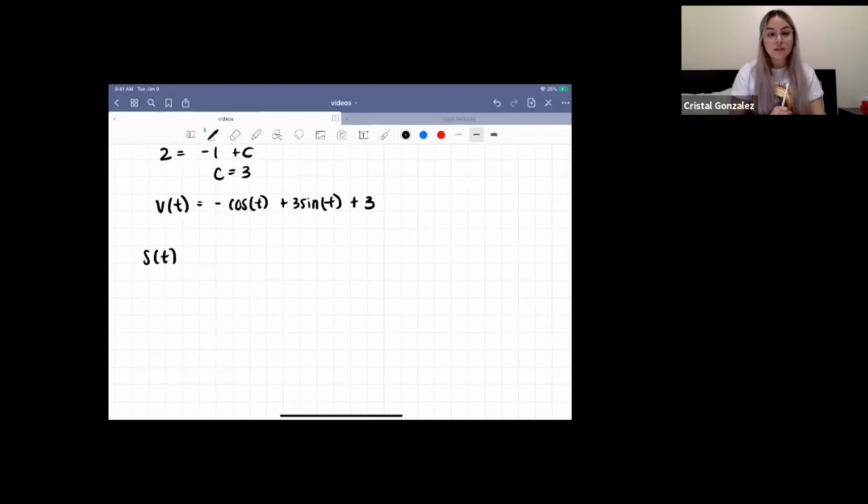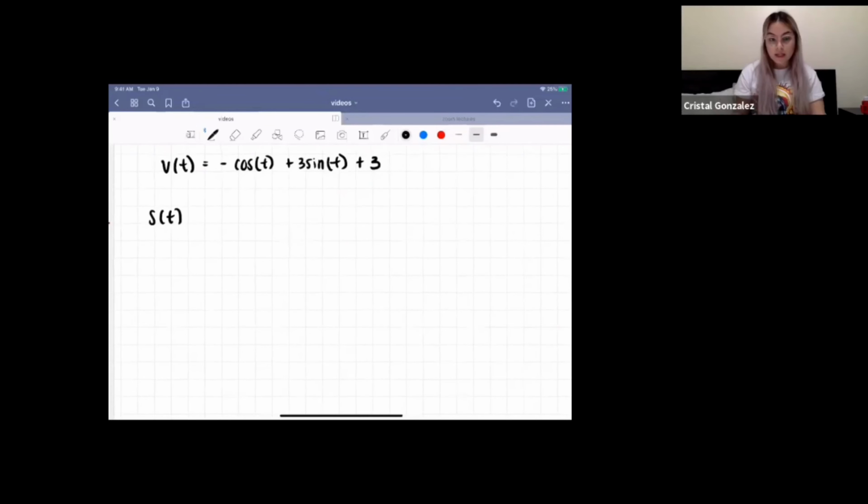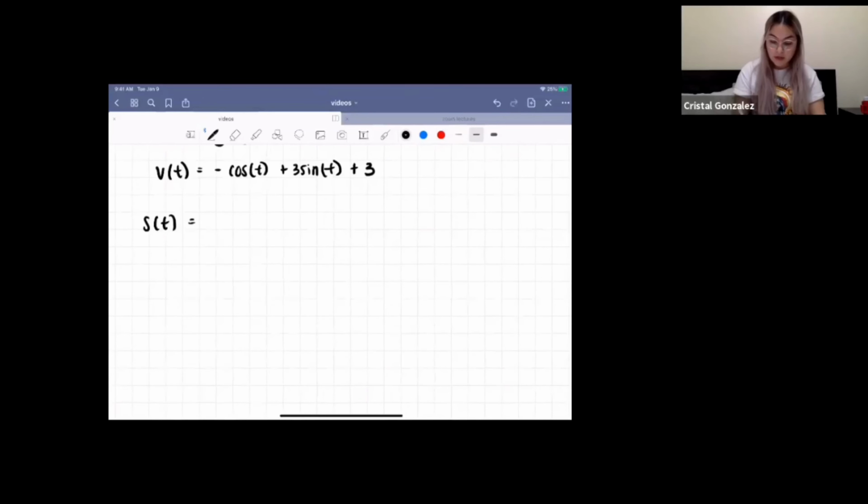So s of t is going to be the antiderivative of this. The antiderivative of cosine is sine, but we have a negative in front, so we'll do negative sine of t. And then plus 3, and remember that the antiderivative of sine is negative cosine. And then if we take the antiderivative of 3,